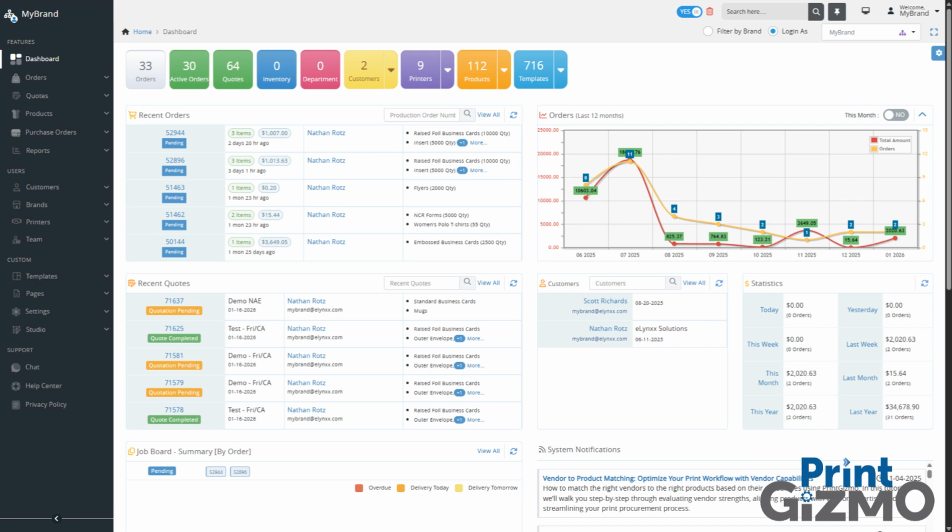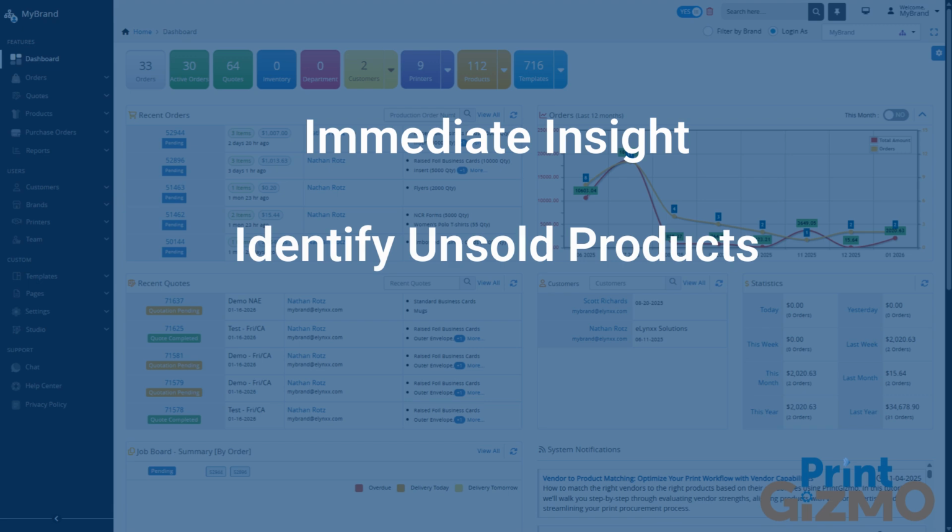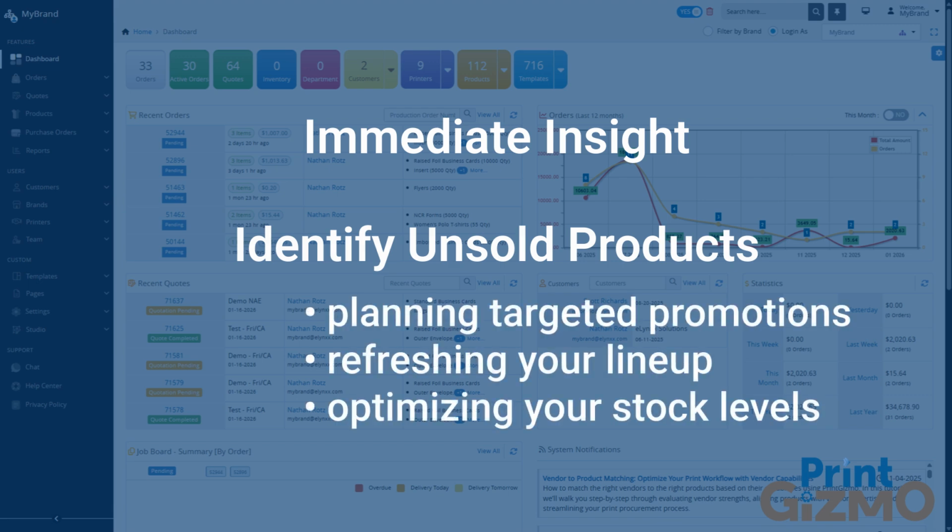To help you better manage your catalog within PrintGizmo, we have introduced a powerful new reporting feature. You can now filter your sales data to specifically spot products that haven't sold. This enhancement to the product sales report gives you immediate insight into your inventory. By identifying unsold items, you can make informed decisions, like planning targeted promotions, refreshing your lineup, or optimizing your stock